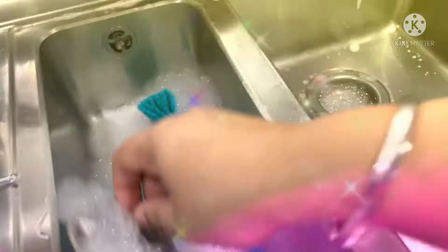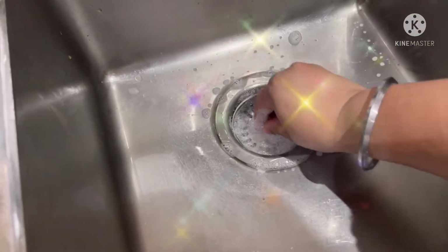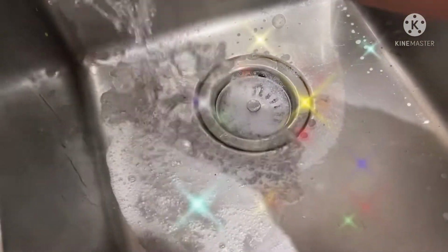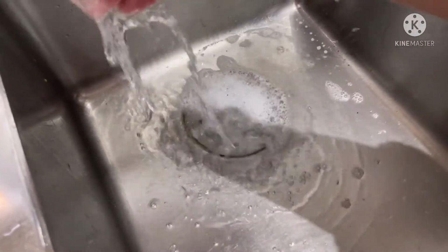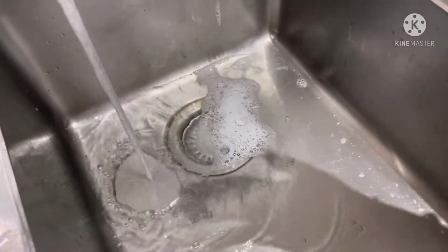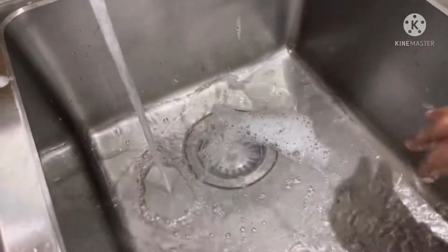I hope everybody's alright. Today I'm going to clean up my gas stove's pot burners because they were a bit greasy and dirty, so I thought I should clean them today. So while I was cleaning up the gas,